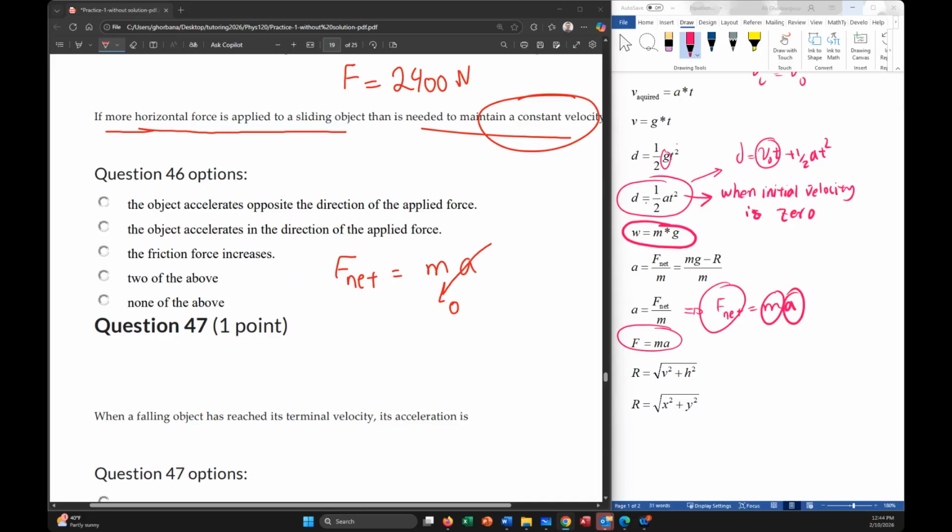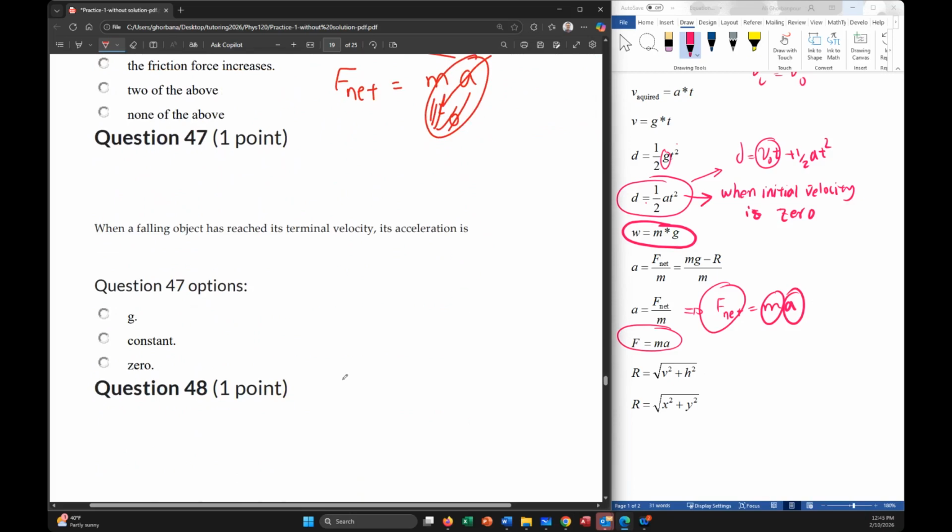But it's telling that if more horizontal force is applied to a sliding object than is needed to maintain a constant velocity, it means that that force was okay to keep the velocity constant. Now you are increasing the force, the velocity will not stay constant, yes? Acceleration is not going to be 0. What happened? The object accelerates in the direction of the applied force. Make sense? It's telling that the net force was 0, but you keep adding more applied force, yes? It will not stay constant. It will accelerate more. In what direction? In the direction of the applied force, yes? So the answer is